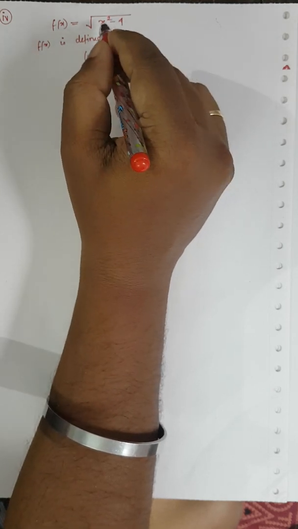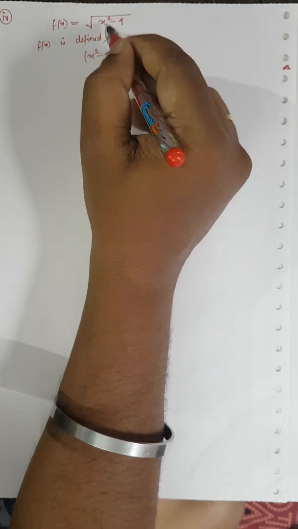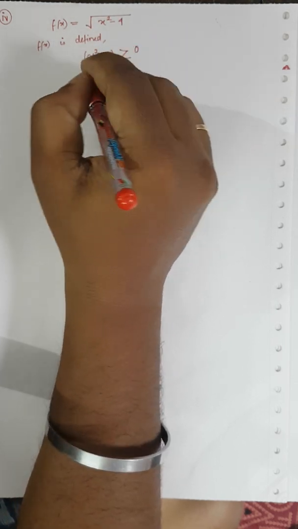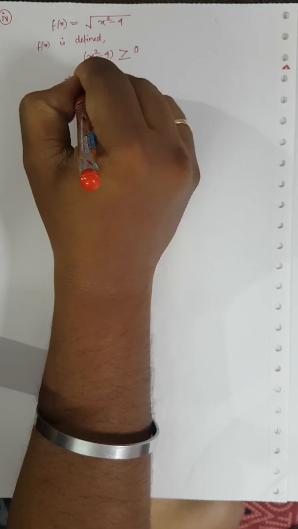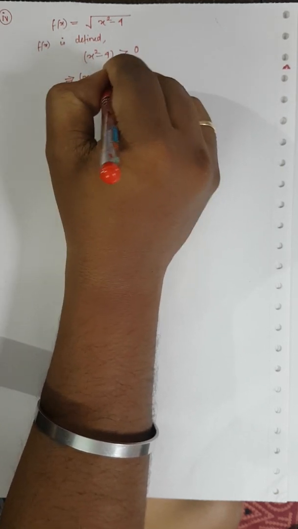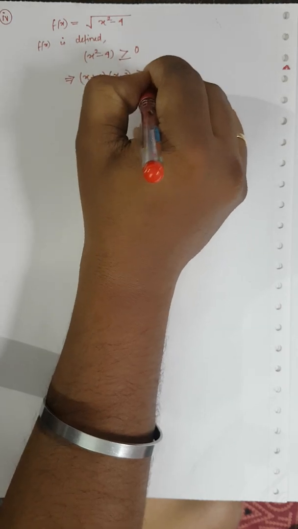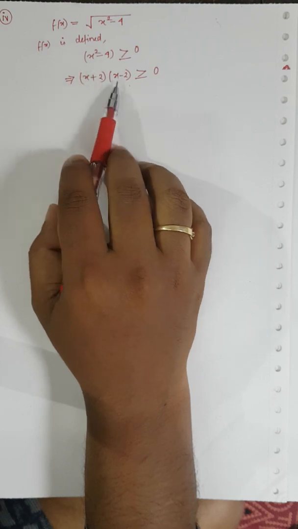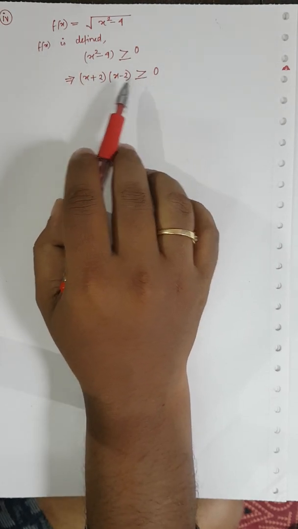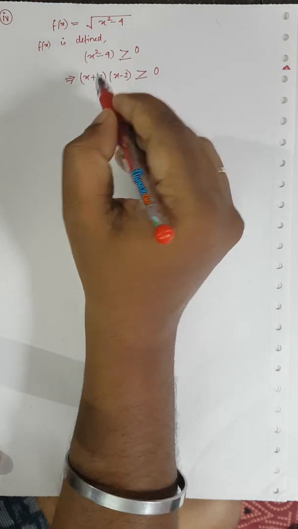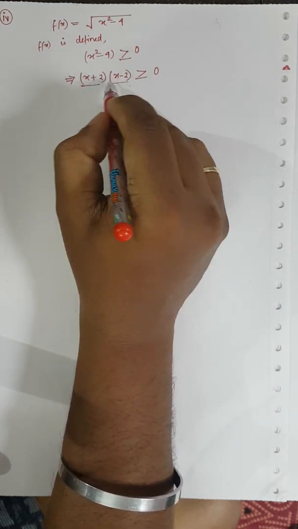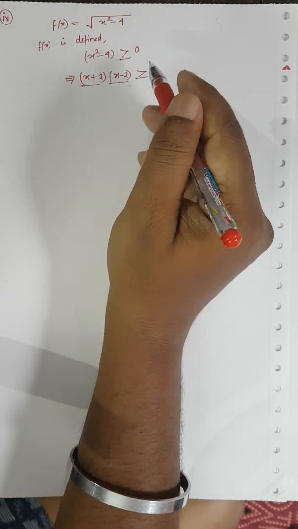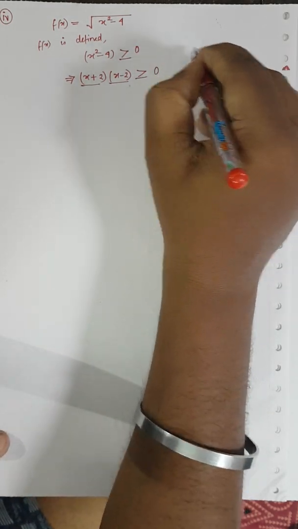If I put x is equal to 2, it is 4 minus 4, which is 0. If I take the square root, it is 0. So here it can be equal to 0. So I am getting (x plus 2) into (x minus 2) greater than or equal to 0. After factorization, I am getting (x plus 2) into (x minus 2). Now these two, x plus 2 and x minus 2, are different factors. We know that the product of two factors is positive when both of them